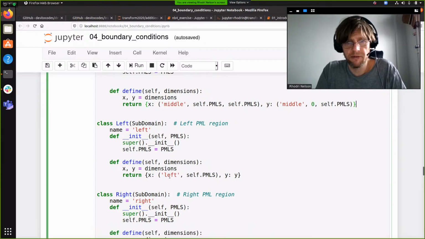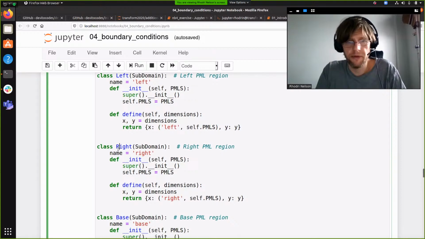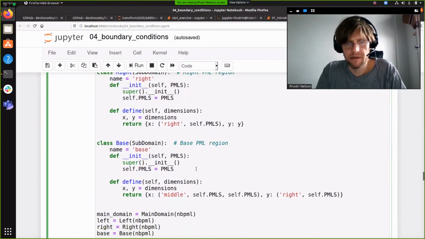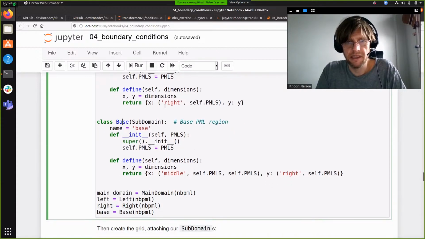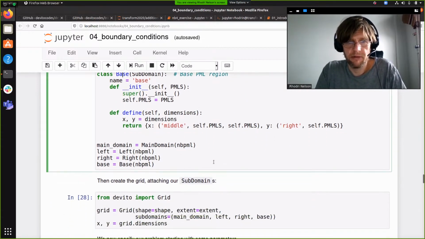Our left domain will be defined similarly, where we're utilizing the entire Y dimension, but cutting off 10 in the X direction, and so forth for the right and base subdomains, which are all then defined using these keywords right, left, and middle. With our subdomains defined, which span the appropriate parts of our domain, we'll initialize these